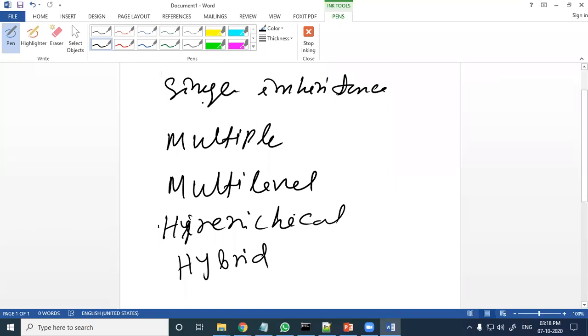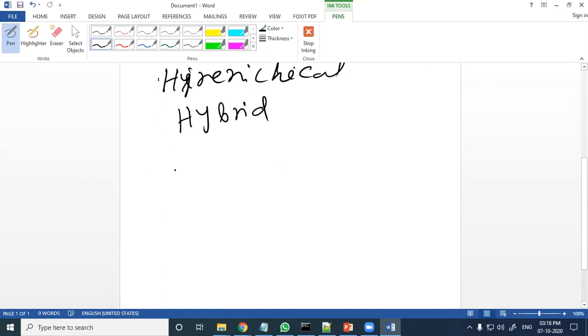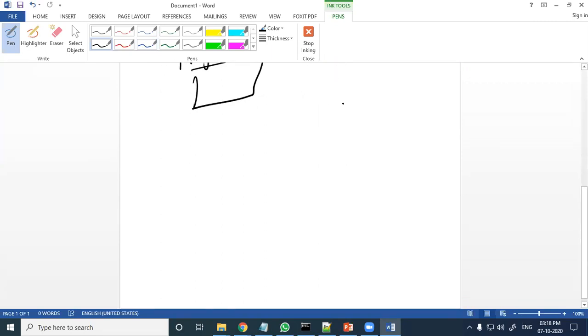Now we will see what this single inheritance is. Single inheritance means one parent and one child; the child is created from one parent.